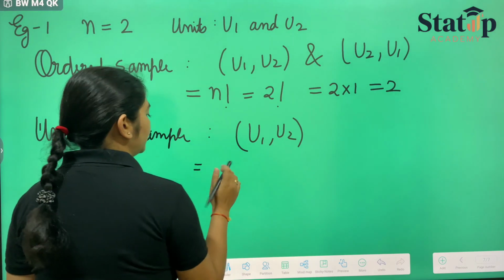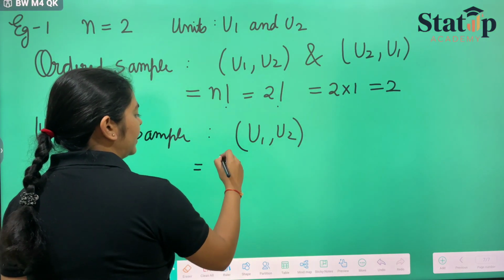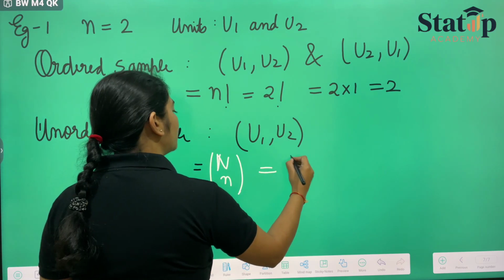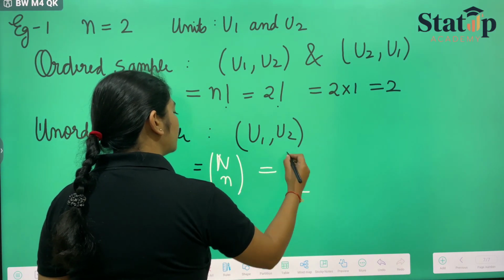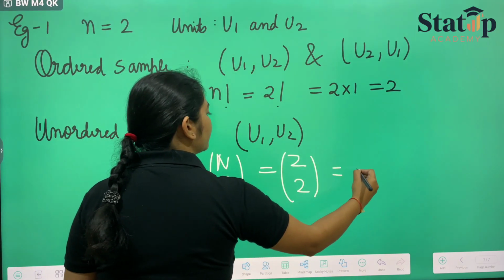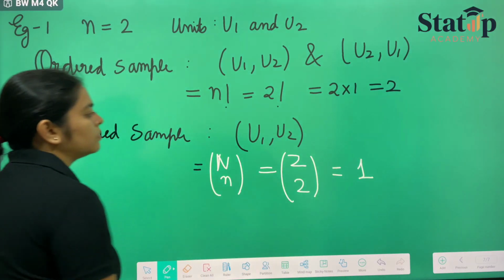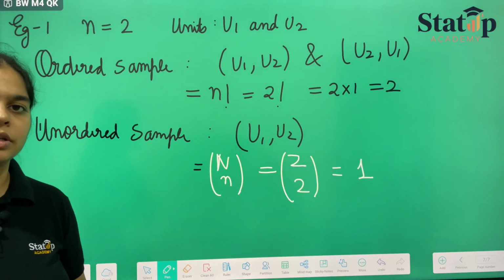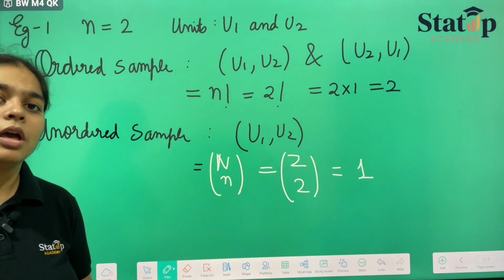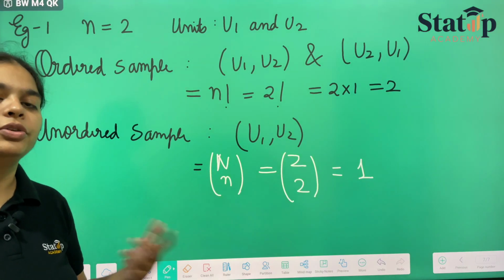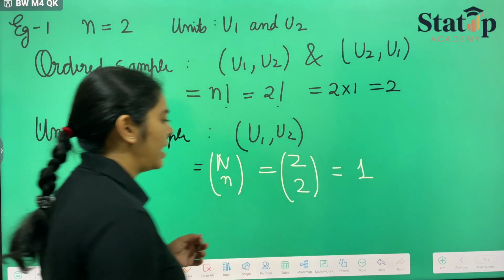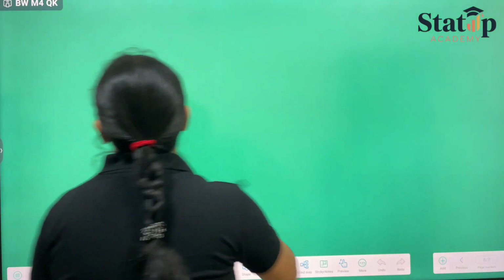Then we get NCn, which is 2C2, which equals 1. So this is the unordered sample. We are not considering the order, whether U1 is taken at the first draw or U2 is taken at the first draw. And we can write that the probability